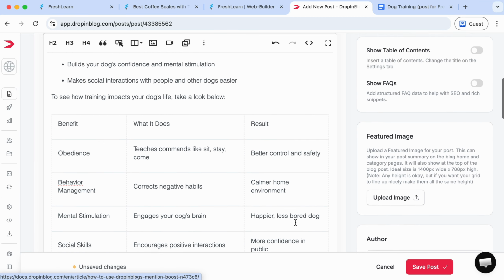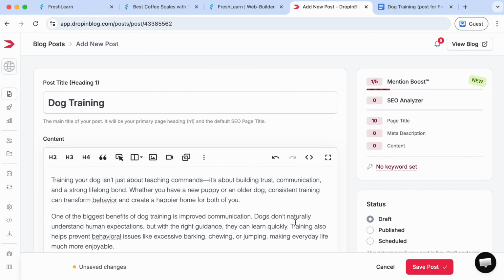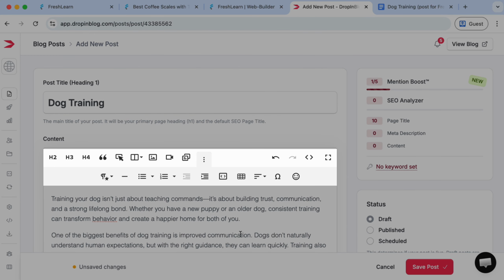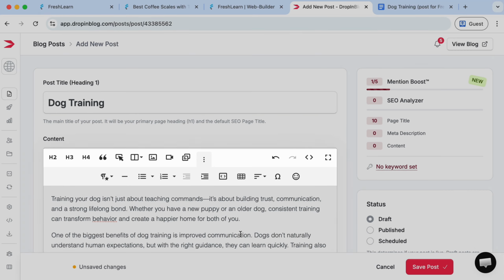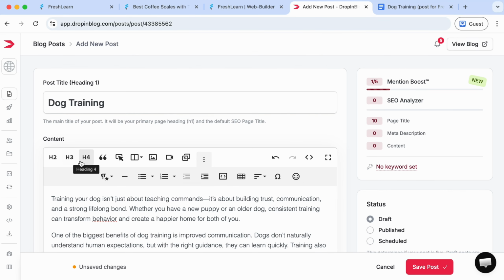This applies to images as well, which is very convenient as you won't have to go through the process of uploading your images. You can simply copy, then paste them in here. Let's expand our top bar here. Now with the top bar here, you can use the following formatting options to organize and make your content visually appealing. You can add different headings, block quotes, CTA buttons, images, videos, as well as tables, and bulleted lists, among other elements that can help you customize your post to your preference.